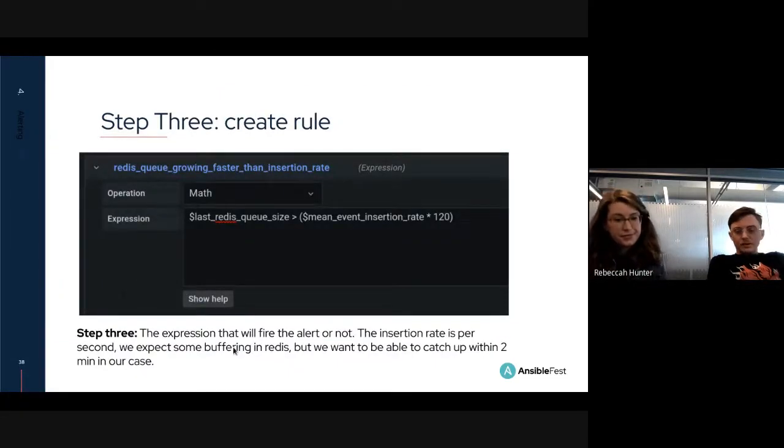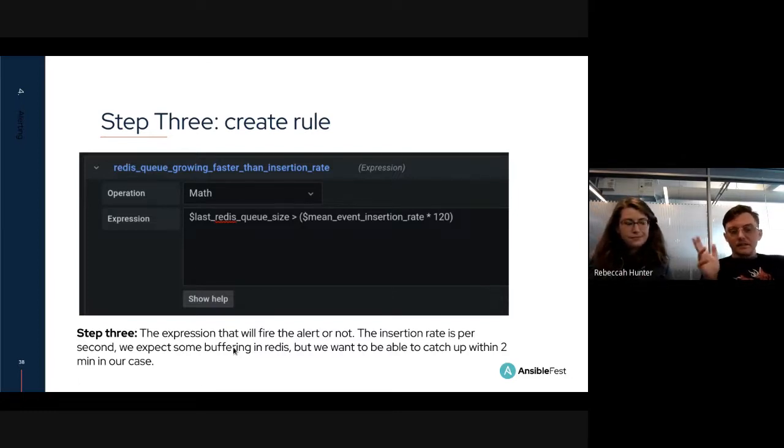So this is an expression, and this is using the graphical alert builder in Grafana. Later, when we link to the AWX repo, we actually provide these examples as provisioned alerts, meaning that they're written in a YAML file. We actually created that YAML by building it graphically and then exporting it. Because the graphical builder is a lot easier to explore and figure out what you want to do, and then later commit that to code after you figured out what you want.